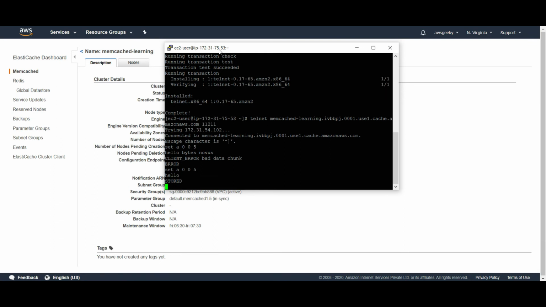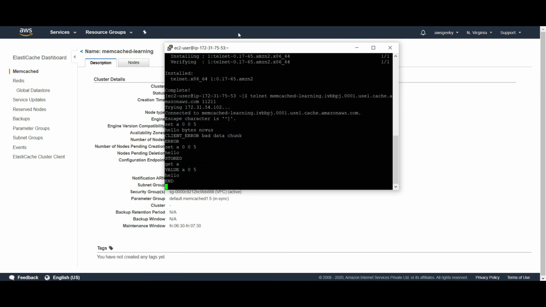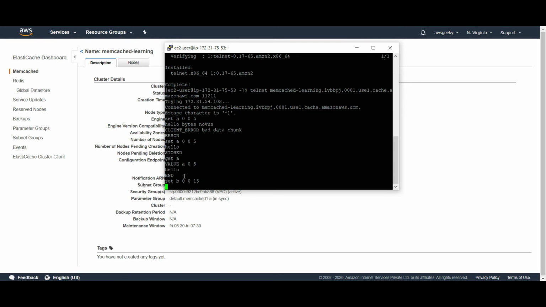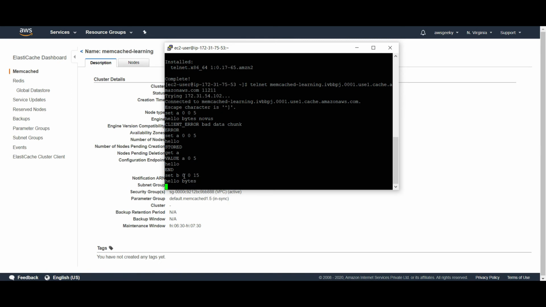If I have to retrieve this, then I will say get a, right? So it is retrieving the value hello for me. If I want to store a bigger value, then I have to give set. I'll use a new key as b, with 15, and then I would write a bigger value and click on enter. If I want to retrieve this, get b.